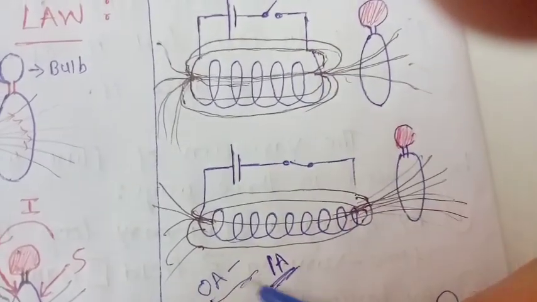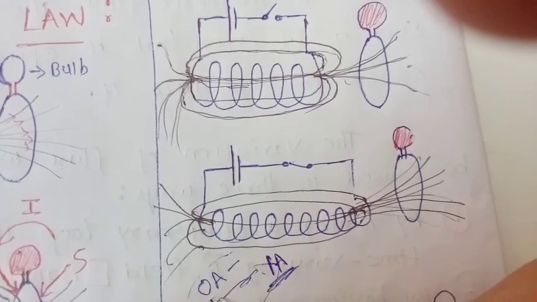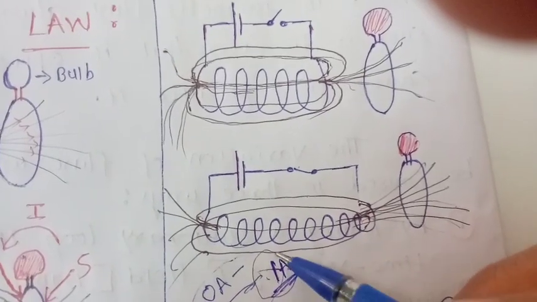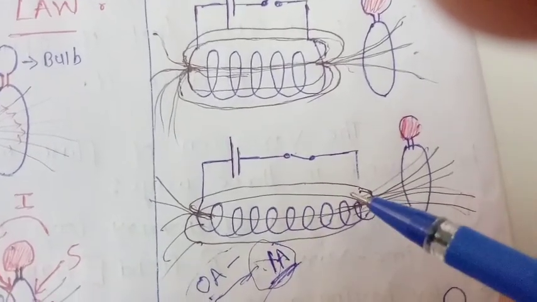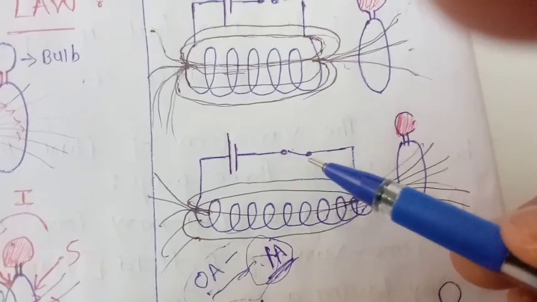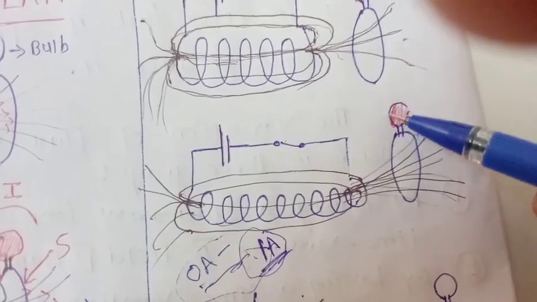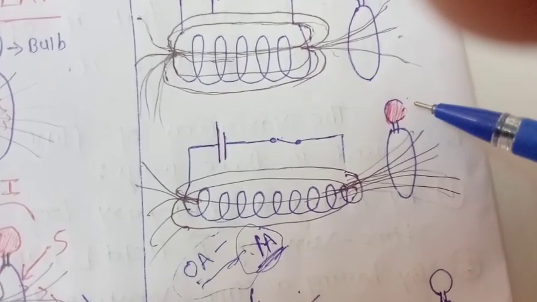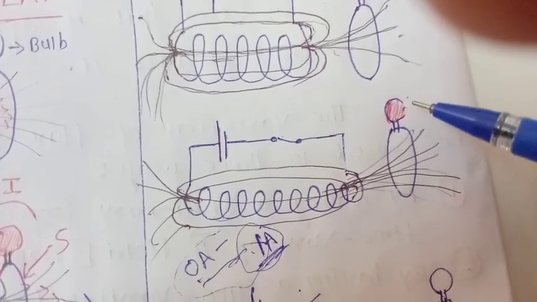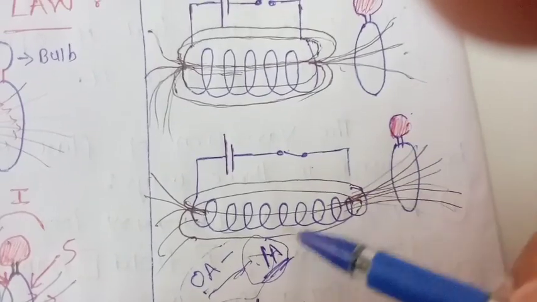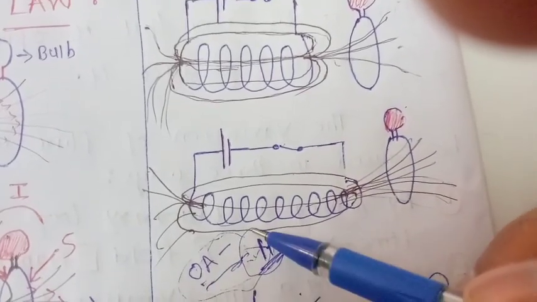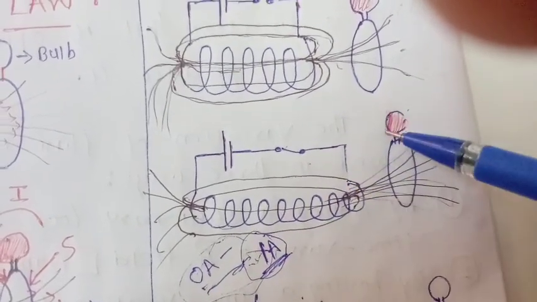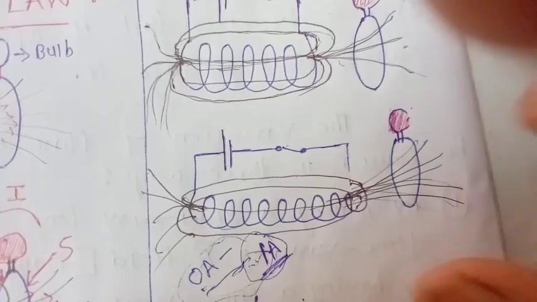It will be from 0 to 1 ampere. That means it is changing from 0 to 1 ampere. After 1 ampere it is steady now. That means whenever the switch is closed, Faraday once again observes there is a flash of the bulb. Once again I am saying that the flash of the bulb is for milliseconds of time, that's it. After the current reaches 1 ampere, the bulb is not going to flash.